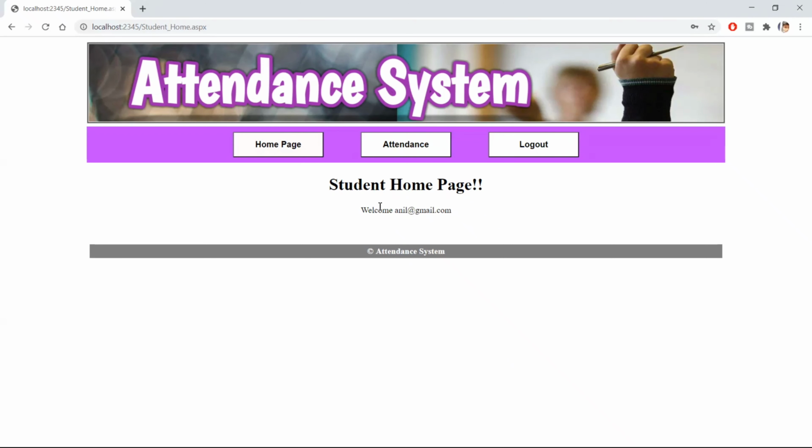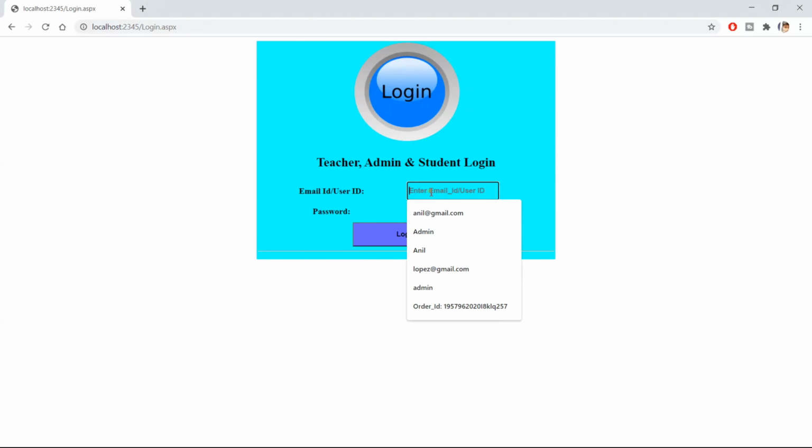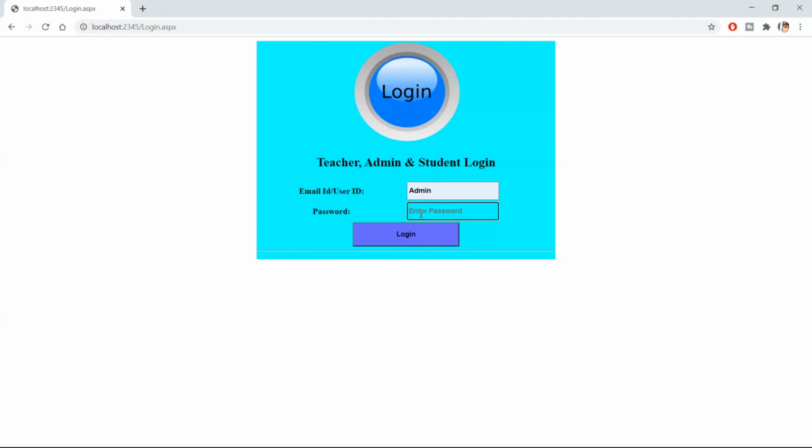But we have to provide the password field for the student in the admin panel. While creating new student records in the admin panel, we have to provide that record also. So we have to log in now as an admin.